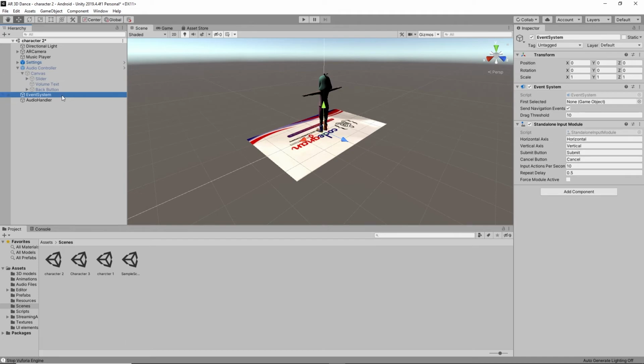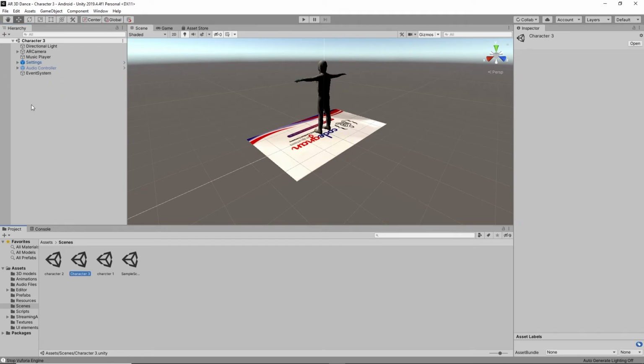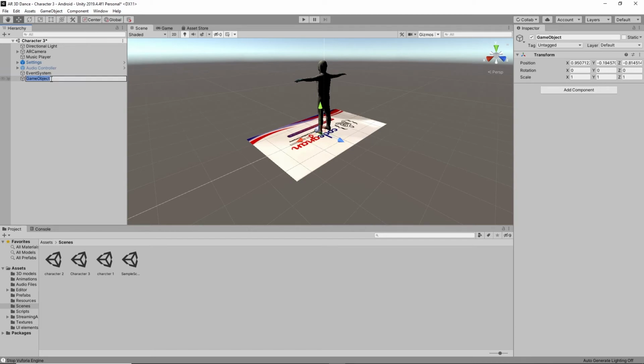Now press Ctrl S to save this scene, and again go to character 3. In this character 3, you have to continue the same function. Create an empty object and name it audio handler, or you can save it as a prefab as well. I'm naming it music player like this.